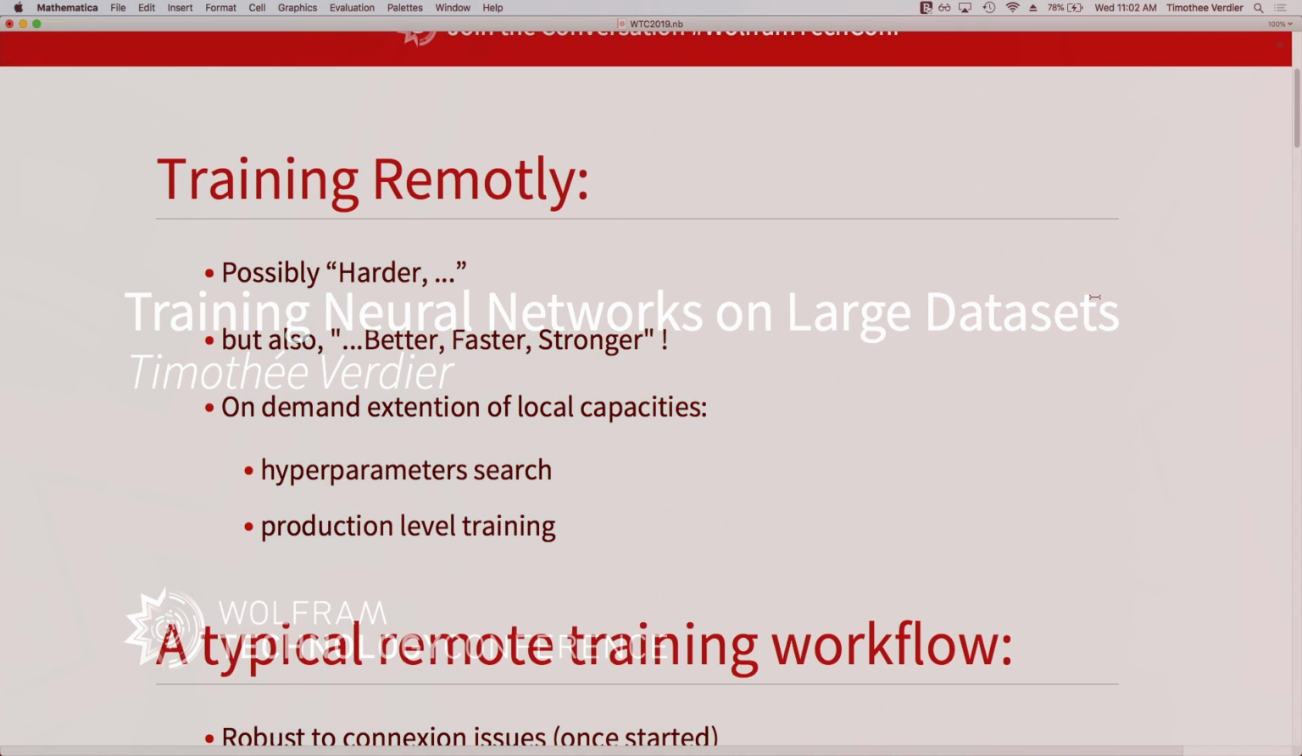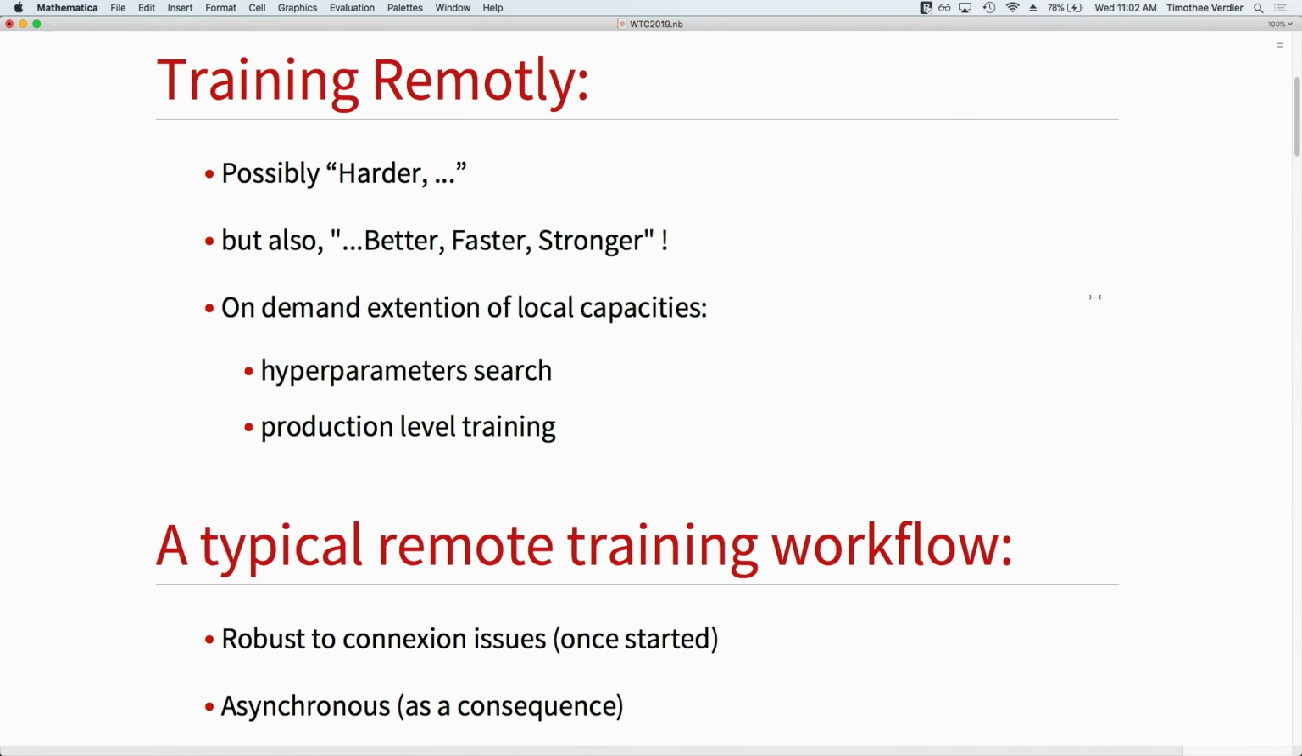So, why train remotely? It's indeed a bit harder than just doing NetTrain on your computer and seeing those very nice moving panels. But in terms of training, it definitely leads you to better accuracy and metrics. It goes much faster if you massively parallelize your computation, which is typically the GPU world, and most of the time